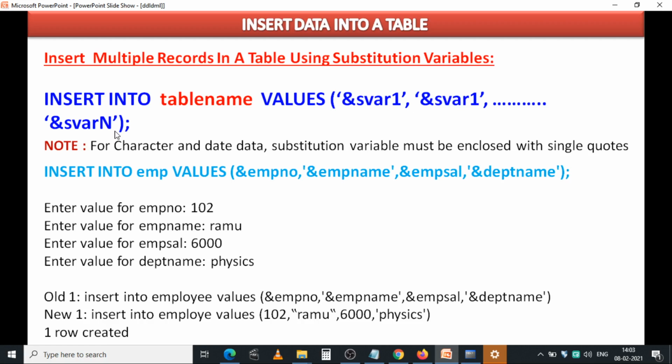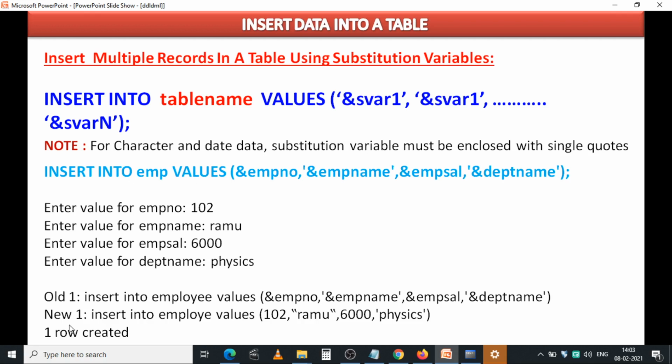How many columns you have in your table, that many substitution variables are to be written inside the brackets along with the insert command. Just see this note: for character and date data, the substitution variable must also be enclosed within single quotes.